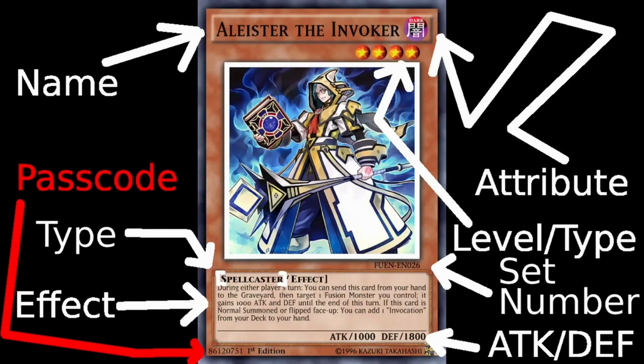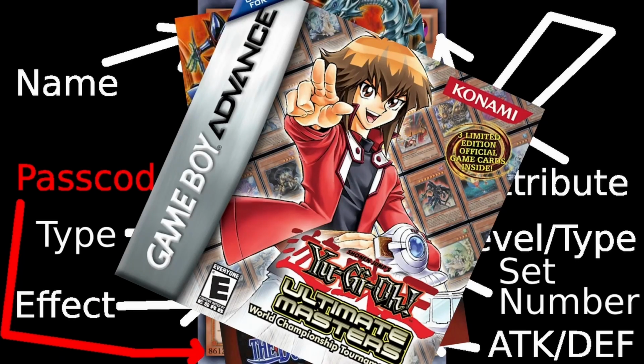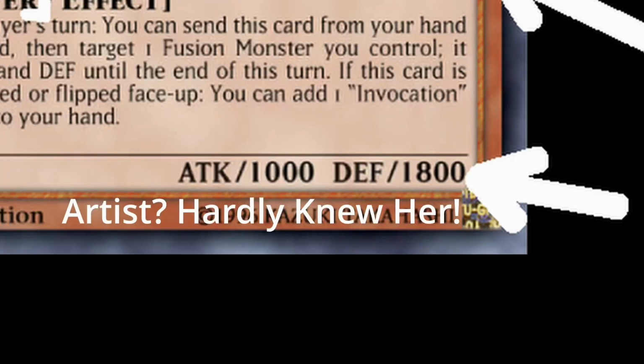The passcode can unlock you cards in games like Yu-Gi-Oh! The Duelist of the Rose. Wait, that uses its own passcode system? Well, at least you can use it in Yu-Gi-Oh! Ultimate Masters World Championship Tournament 2006. And this last spot is where the artist name should have been if Konami wasn't a